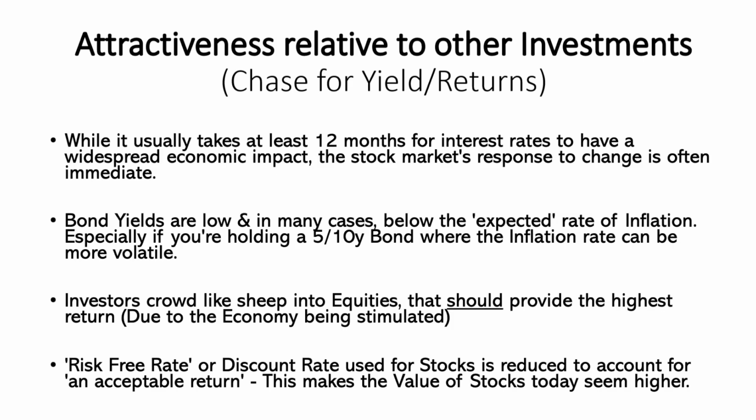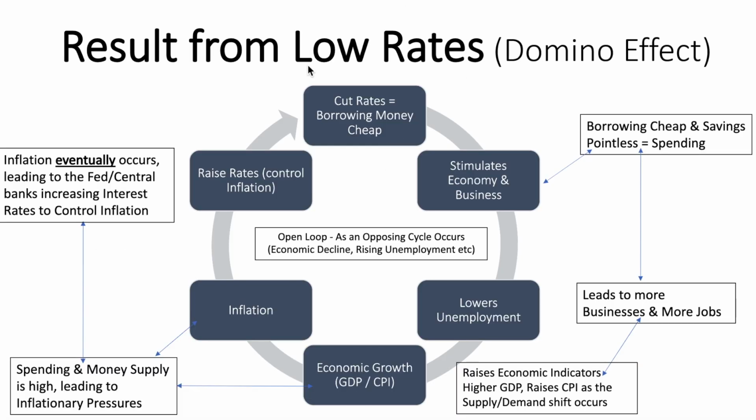And also we have the risk-free rate or discount rate, which is used for valuing stocks, is reduced to account for what is an acceptable rate of return. And this makes the value of the stocks seem higher today. And if I just go back to the virtuous cycle, what we start to see is this domino effect, like I previously mentioned,